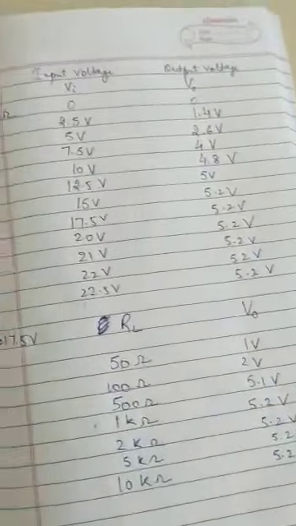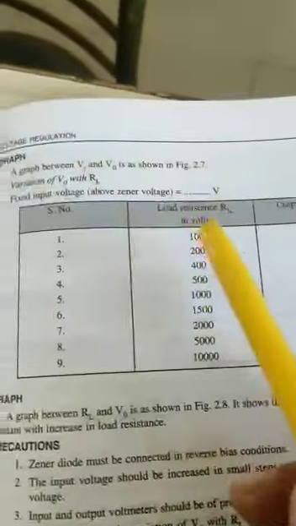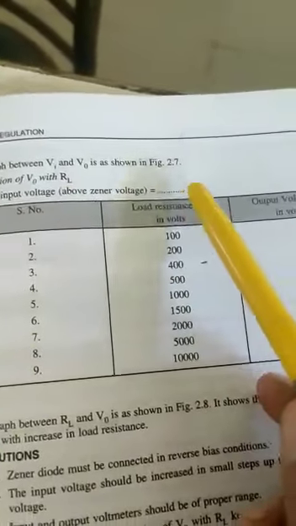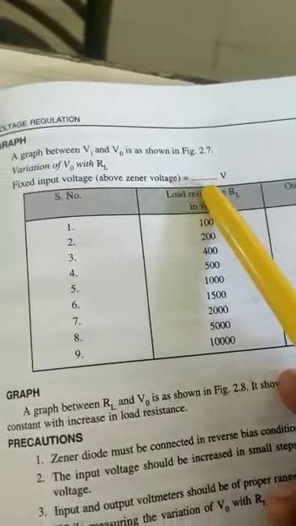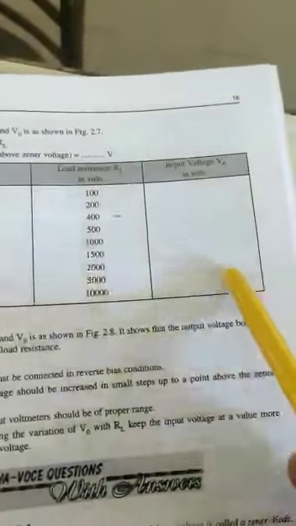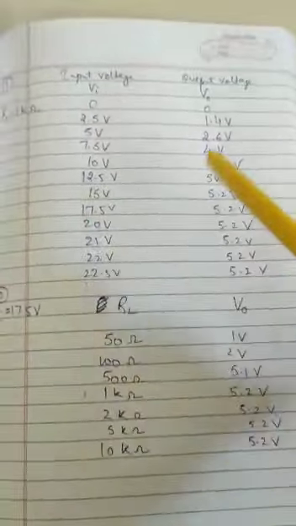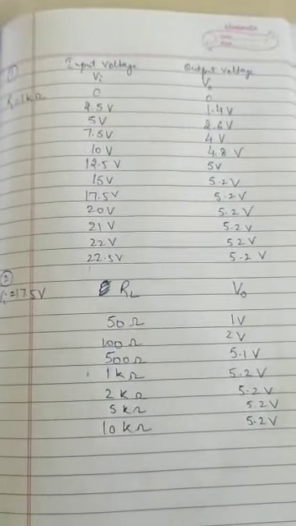So for this also you have to plot a graph and this is how you will get a graph. This is a table where you need to fill the values and input voltage, I told you, we have taken 17.5 volts here and then you have to plot a graph and here you need to fill the values. These values are not to be included. You just note down these values. I'll send you the picture of this. So note down these values.